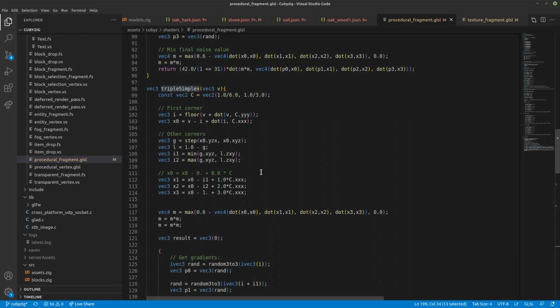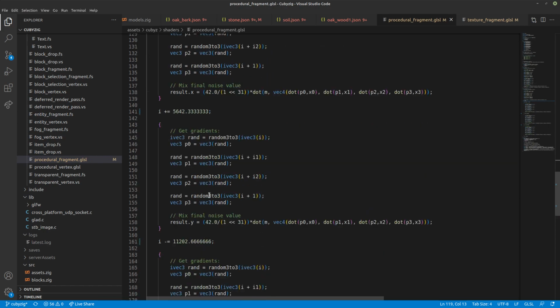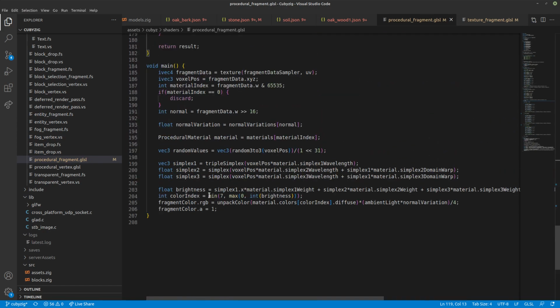The thing here is I can just shift these values and I don't need to repeat the corner calculation and some other stuff, so this is a lot cheaper than doing three calls to simplex noise. Anyways,